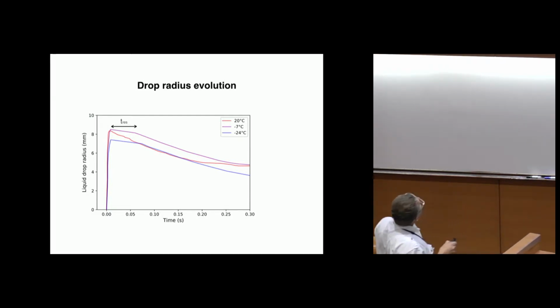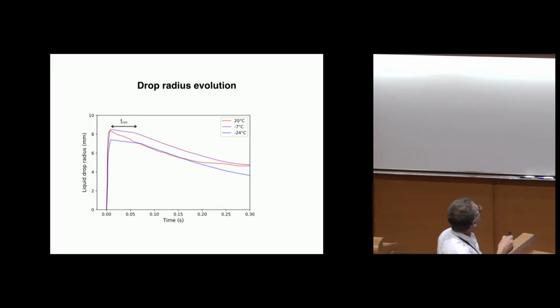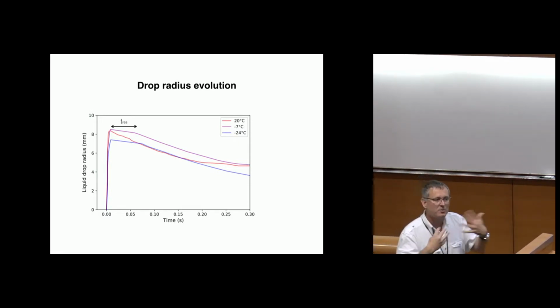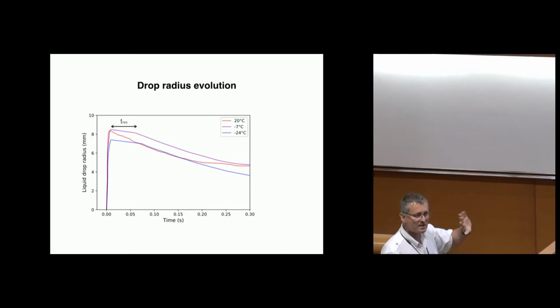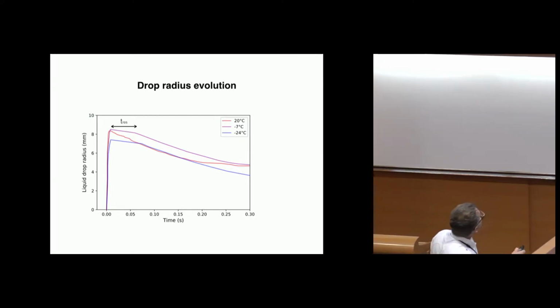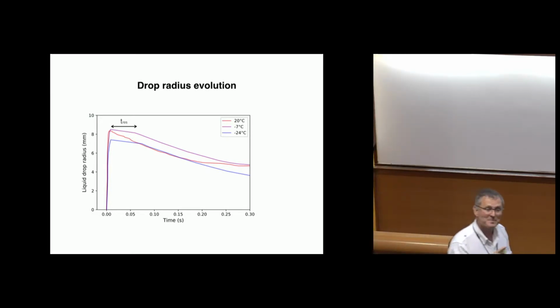What is interesting also is that the retraction dynamics, or the retraction velocity, seems to be very similar if you have retraction of water on ice, while if you have retraction of water on the substrate. So in some sense, the dynamics of retraction seems to be independent of the temperature and independent of the fact that you have ice or substrate. Probably it's related to the contact angle that's probably the same on the ice and on the substrate. But it's important to see that the retraction dynamic itself seems to be independent of the temperature.